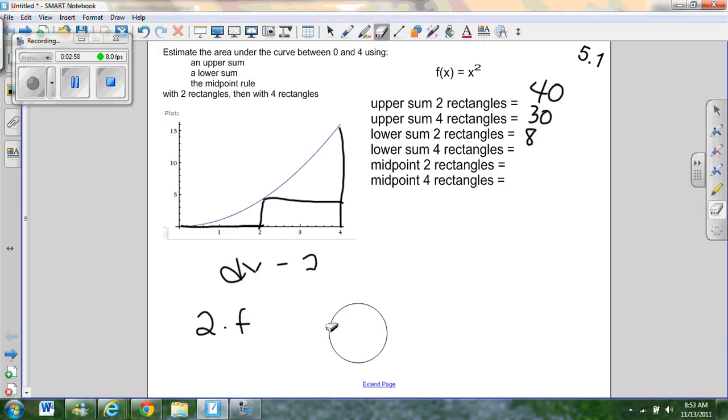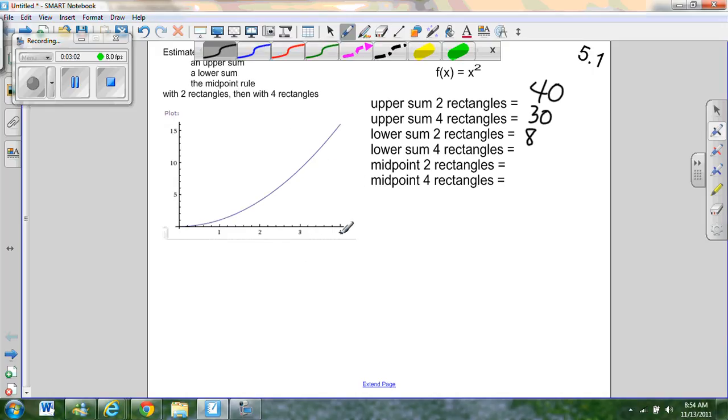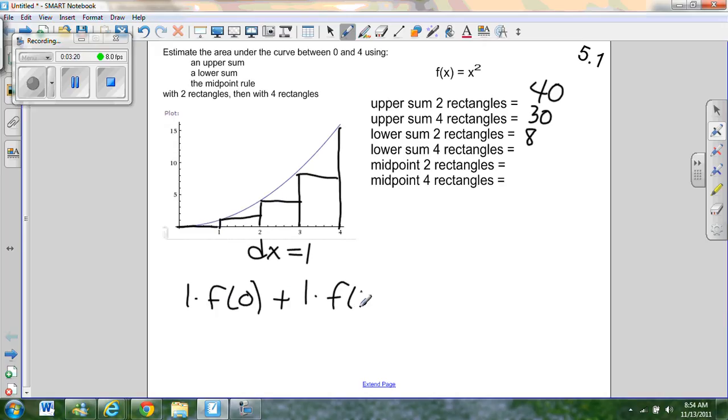Now let's do a lower sum with 4 rectangles. So we're going to split this into 4 rectangles again. And a lower sum. Our dx is again 1. So we have 1 times f of 0 plus 1 times f of 1 plus 1 times f of 2 plus 1